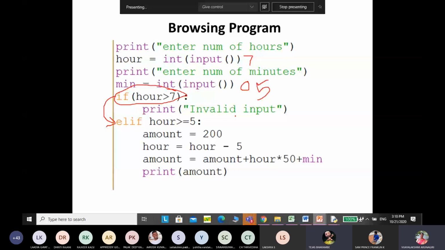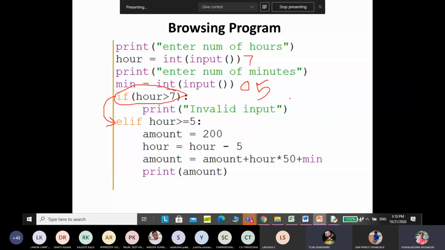Yes, ma'am, so then we have to add the condition, because we are taking hours and minutes separately, so that problem will come. So we'll need one more elif statement where hours is equal to 7 and one more nested if statement to check if the minutes is greater than 0 or not.